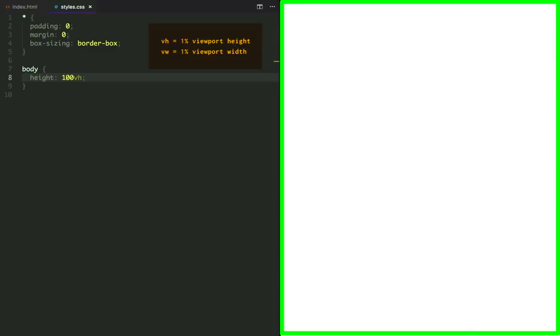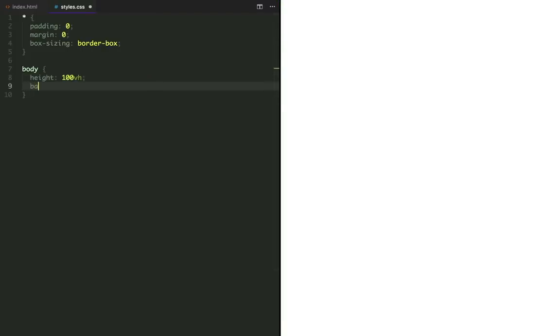So the unit VH corresponds to 1% of the viewport height. By setting it to 100, our body will take 100% of the available height space. And finally, let's set the background color.